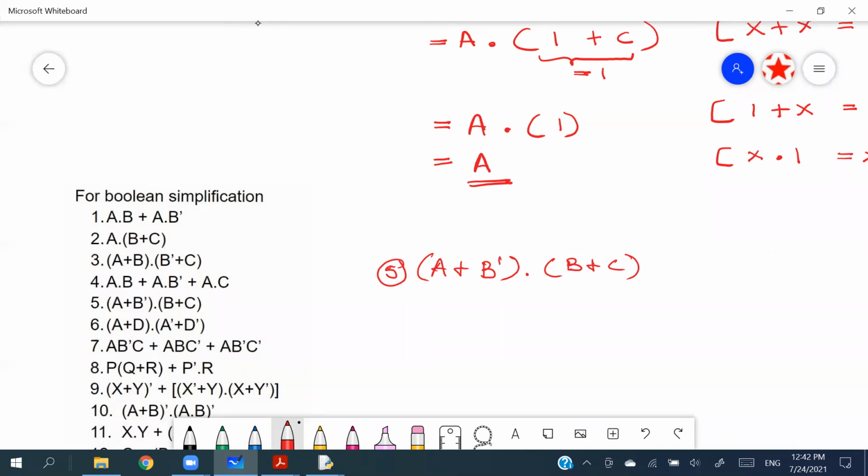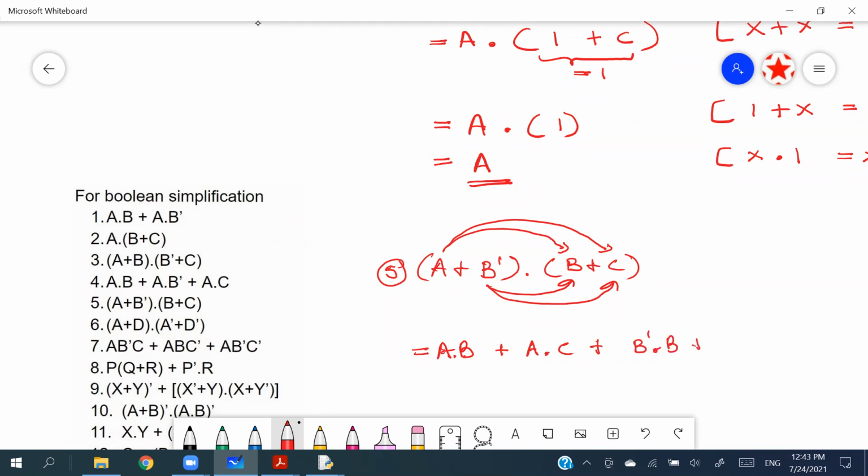මොකද එහෙම ගන්න නම් dots වලින් බැඳිලා තියෙන්න ඕනේ මේ කට්ටිය. Right, so what I can do is I can apply the distributive law to these brackets, right? So that means A will be multiplied with these two and B bar will be multiplied with these two, right? So you can write A dot B, much better, plus A dot C plus B bar dot B plus B bar dot C,